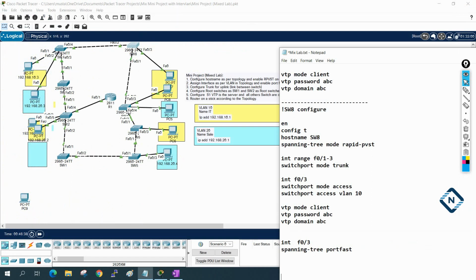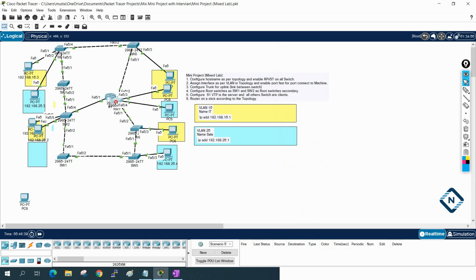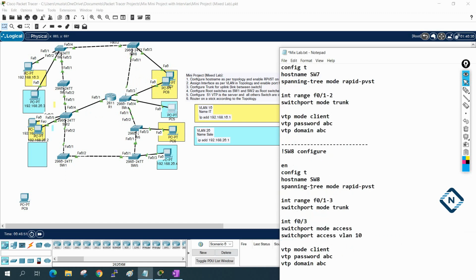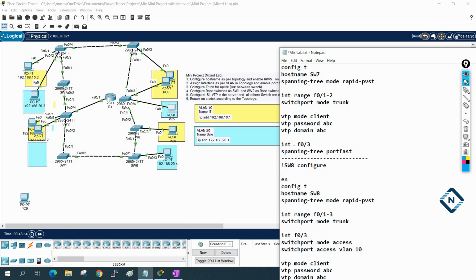Now we need to go for this switch. Which switch? This one, switch 7, we need to do that one. Okay, switch 7, this is f0/3, f0/4. So let's do switch 7 f0/3, f0/4.